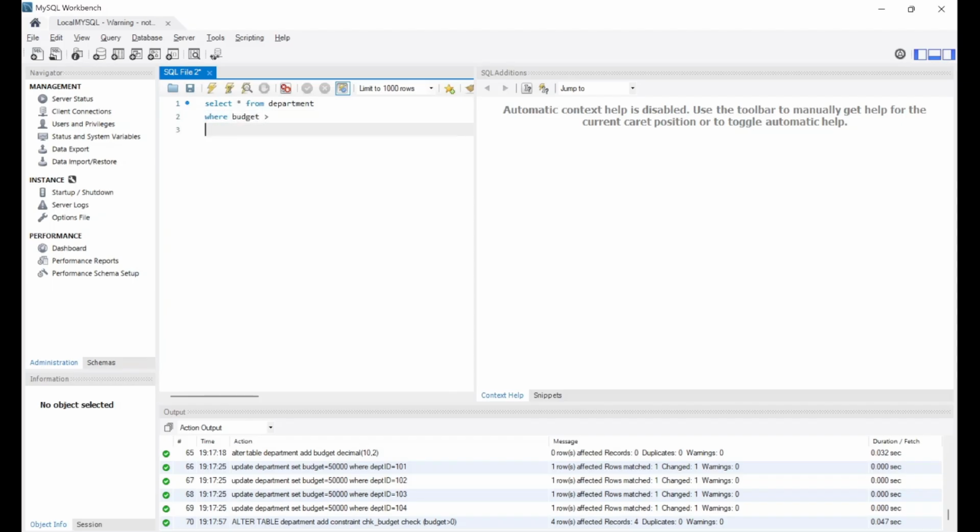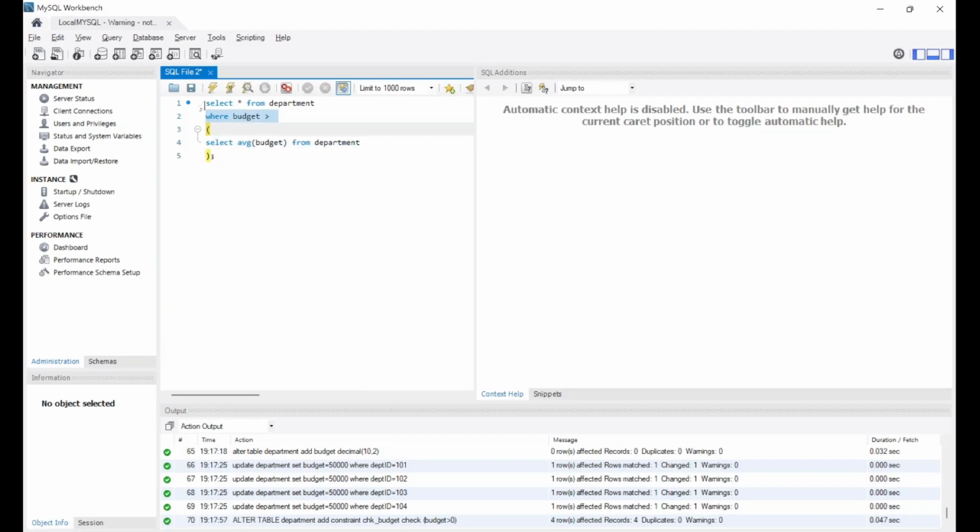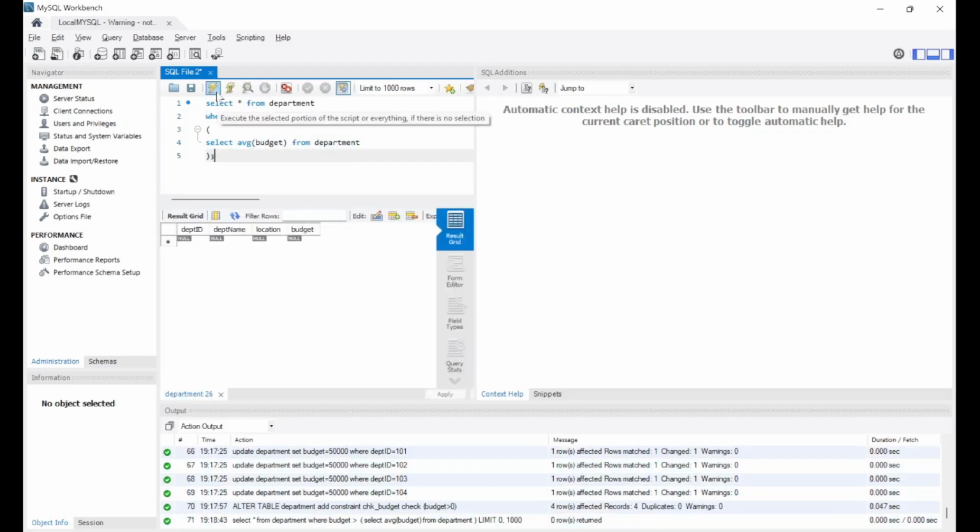The last topic is subqueries. Subqueries is basically a query within a query. So let me show an example. Department where budget. Now we enter the subquery in the where clause inside brackets. We want to select the average budget from department, and now this query will select the average budget from the table, and this outer query will